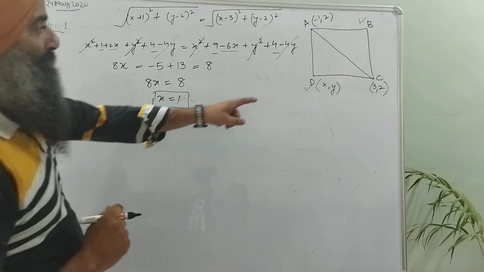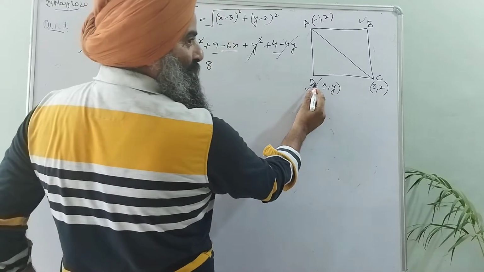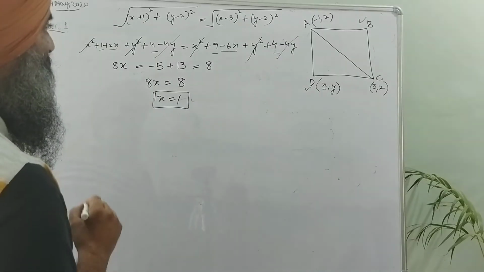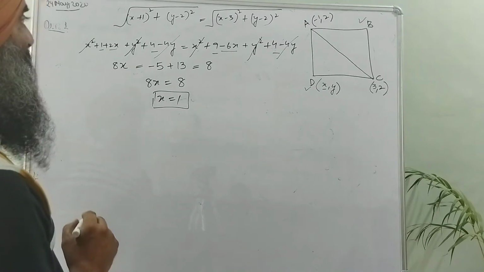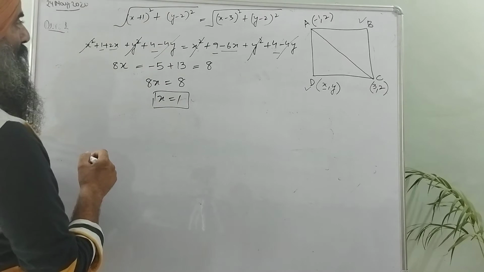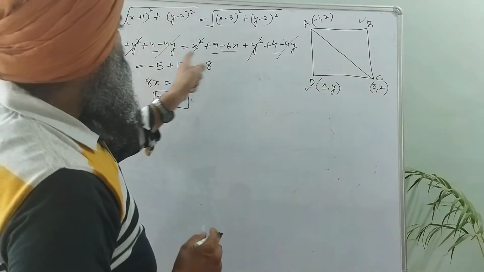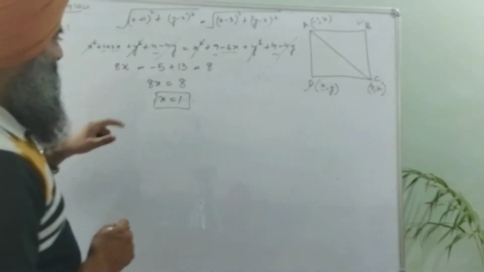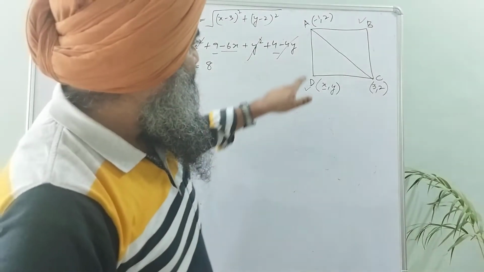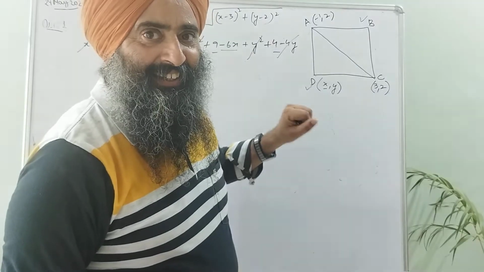Very quickly you are able to get the value of the abscissa of one vertex. Now we want to find out the value for y. How will you find the value for y? Simply put the value of x here. No, we can't find the value of y because 4 minus 4y is cancelling. We don't know how to find the value for y. Any student, can you look at the triangle ADC?